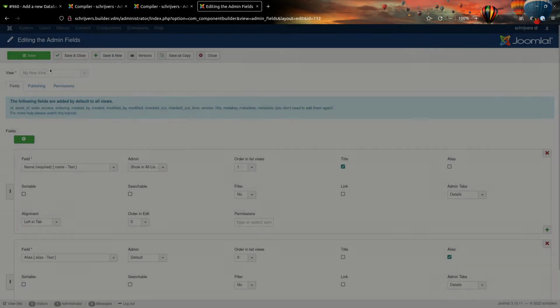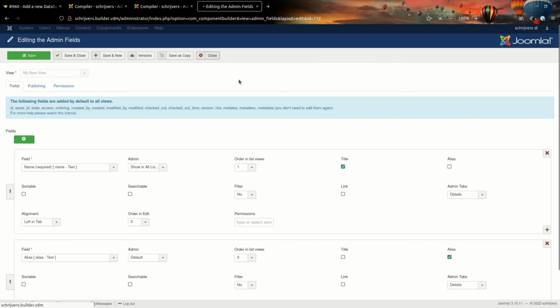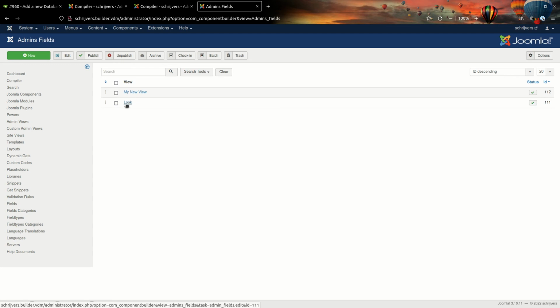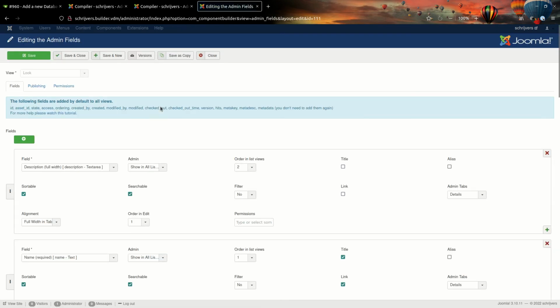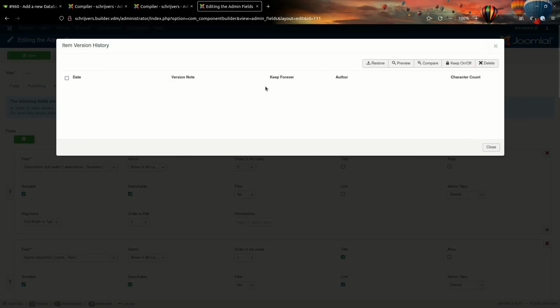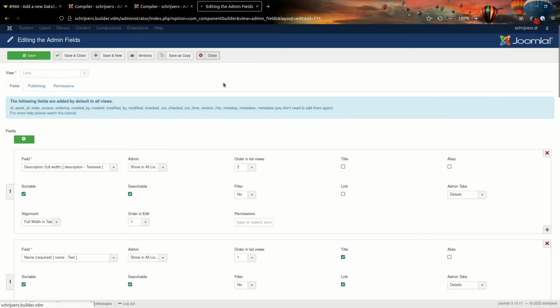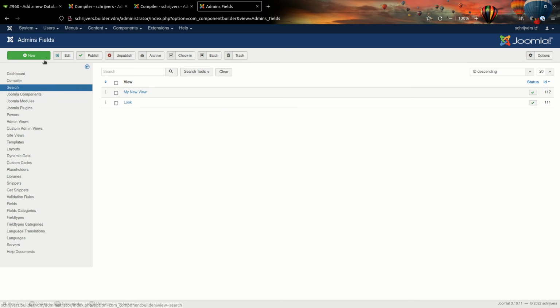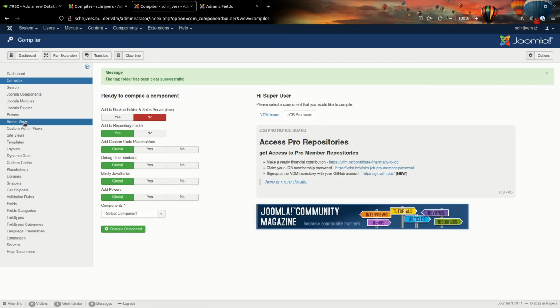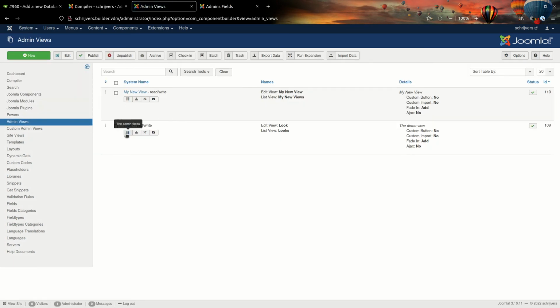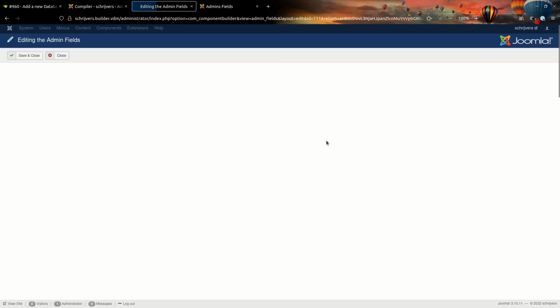If I remove that and look at versions, you'll see, okay, it has history, and this is the new view. The new view that I created has history. That's not the best example. The old view, look. The old view does not have history. See, it's empty. So if I, at this point, go to the admin views, and I go to this admin fields,